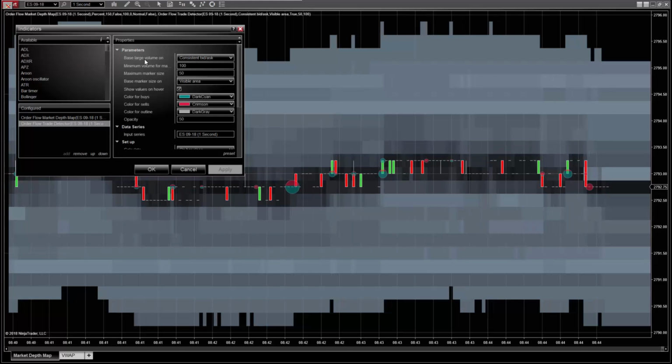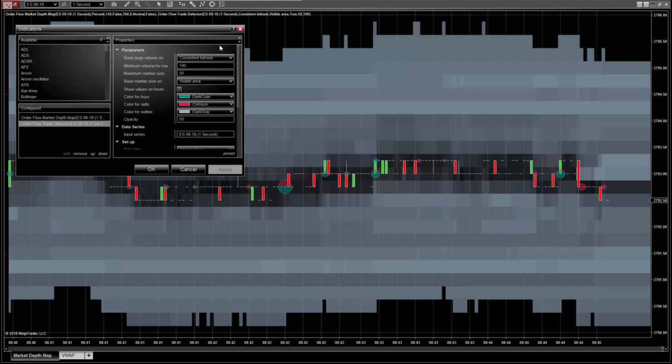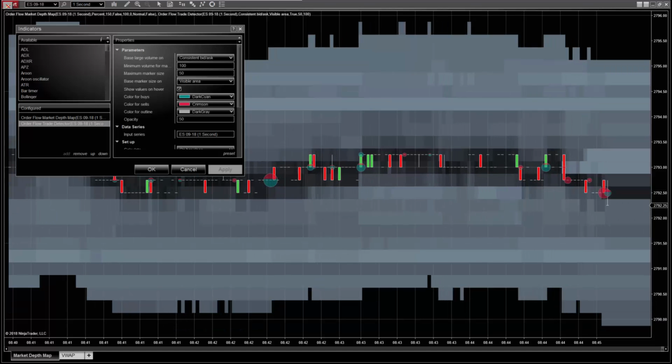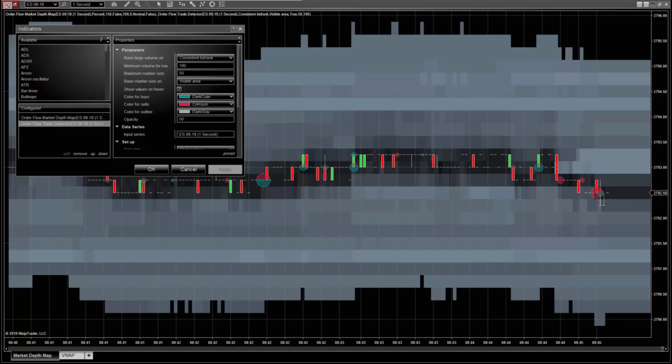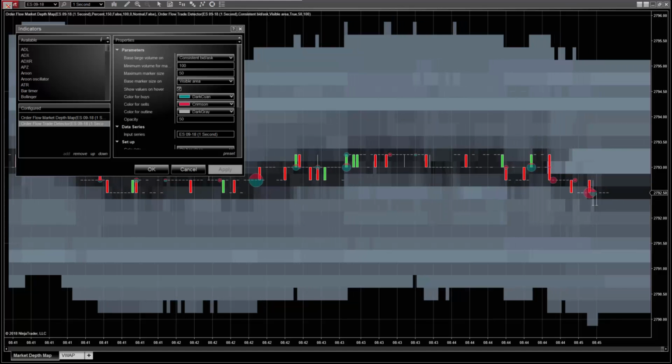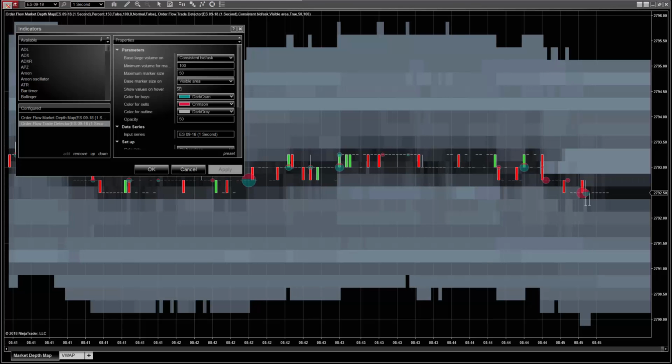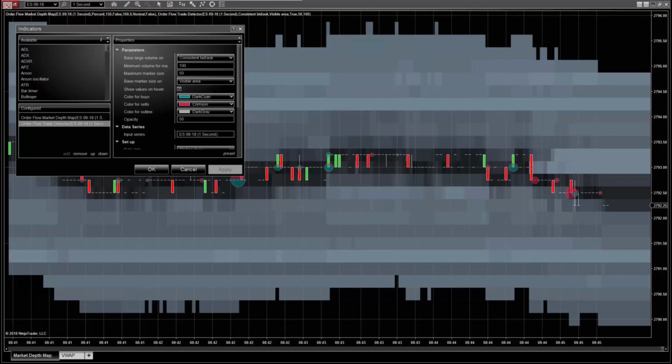And we'll start with the base large volume on setting. With this set to consistent bid-ask, volume will continue to accumulate to form a marker so long as the bid and ask levels stay the same. If the bid and or ask price changes, a new accumulation of volume will occur to create the next marker. The marker will be plotted on the last price. With this set to price,